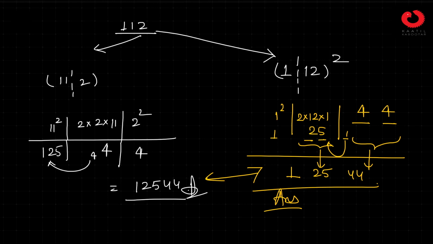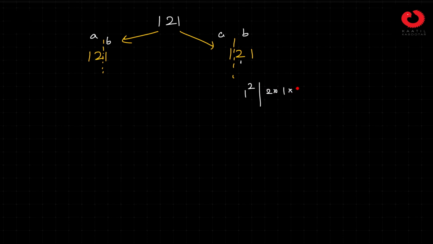Okay, now you see one more example. Suppose you want to do 121 square, you can do partition in two ways, like 1 bar 21 and 12 bar 1. So first you can do partition here, and one you can do partition over here. This partition means you are taking this as B, this as A, here also you are taking this as B and this as A, and the difference you know. Now here are 2 digits, so you will be writing 1 square, 2 into 1 into 21, and then 21 square, and from every place 2 digits will come. So 21 square is 441, so here it will come 41, here it will be 4, it's 42, 46, and this one is 1. This is the answer.